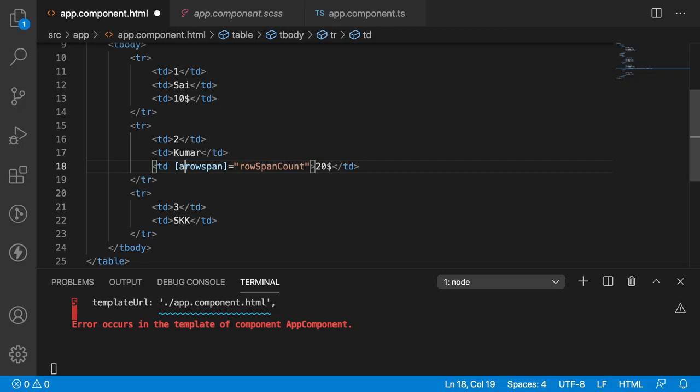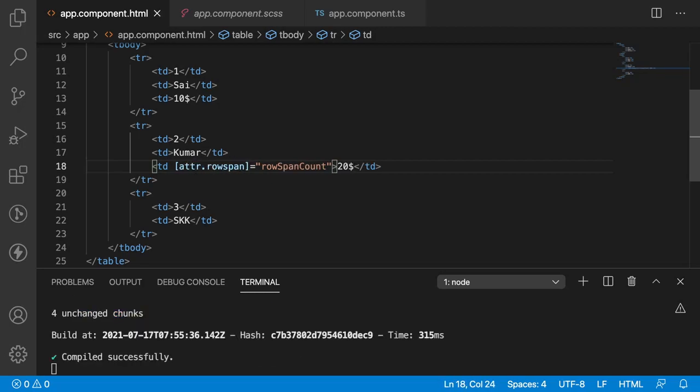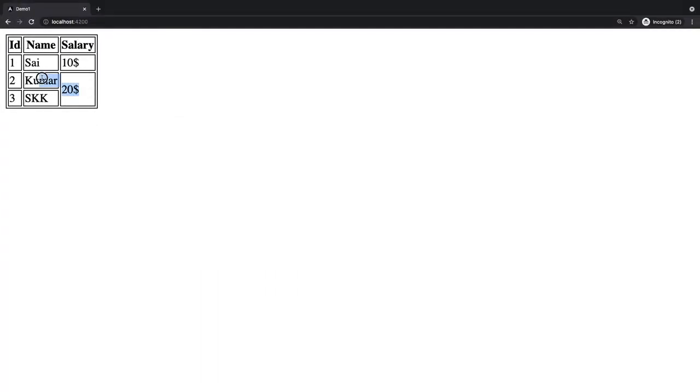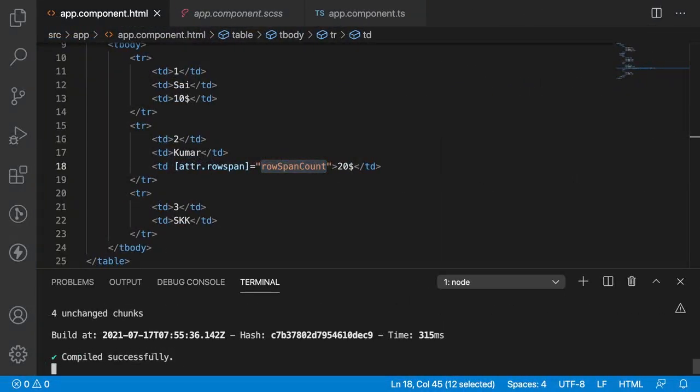To solve this problem, an attribute can also be bound by Angular using attribute binding. We can say attr.rowspan. So this indicates our attribute will take its value from our TypeScript file, the controller of the component. So we got that rowspan, and now let me go back. It shows the same output without any error. You can see it has been compiled successfully. The rowspan, whatever we are using, is with a small s. That means it is acting as an attribute which was defined by HTML.